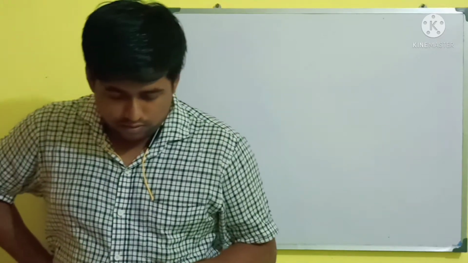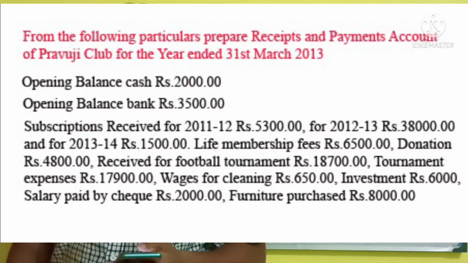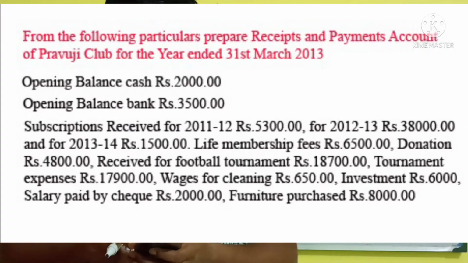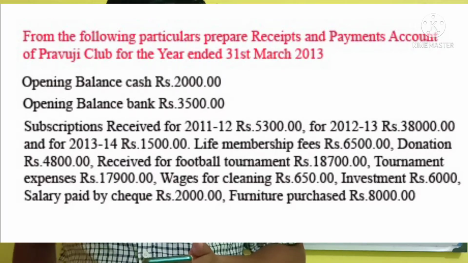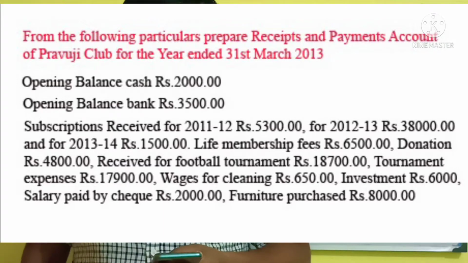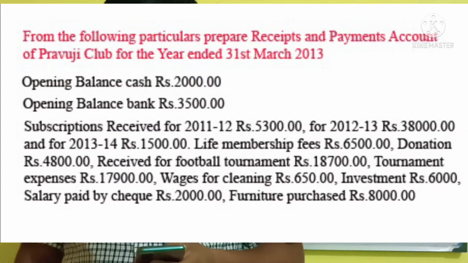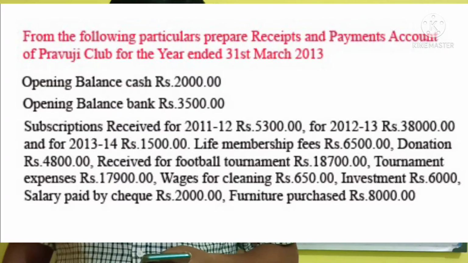So the math is: from the following particulars, prepare a receipts and payment account of Prabhuji Club for the year ended 31st March 2013. यहाँ पर दिखा रहा है कि ओपनिंग बैलेंस कैश में है 2000 रुपीज, बैंक में है 3500 रुपीज। सब्सक्रिप्शन रिसीव किया है हम लोगों ने